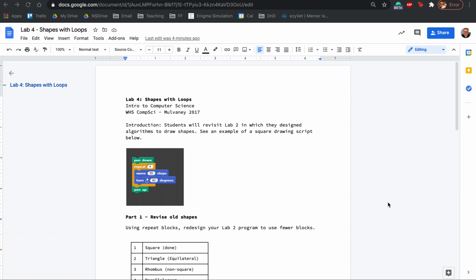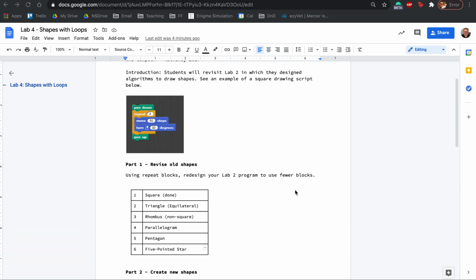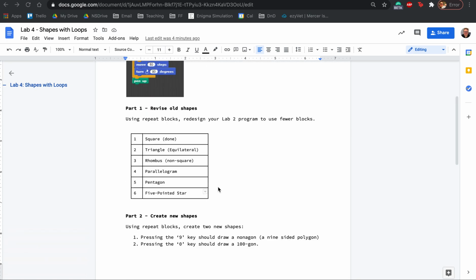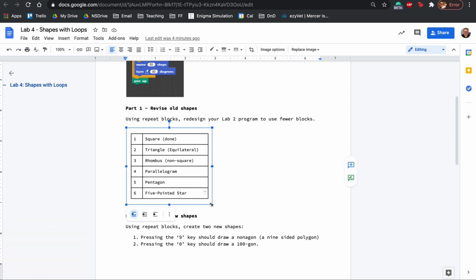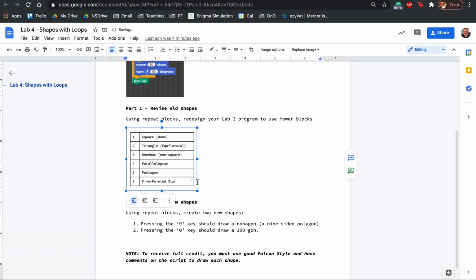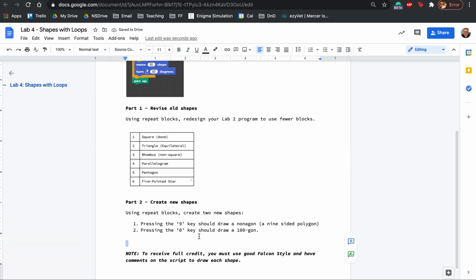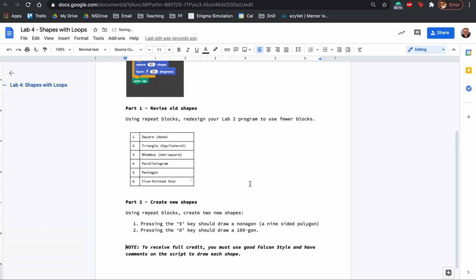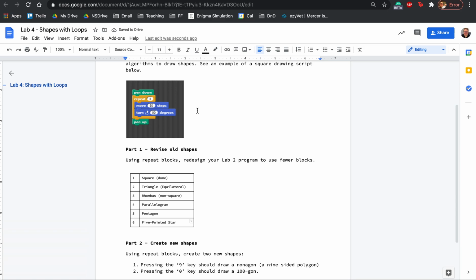All right, welcome to our next video on programming in Snap. This is the Lab 4 video. You'll notice it's going to look an awful lot like Lab 2. The idea is in Lab 2, we used movement and pen tools to draw a bunch of shapes on the screen. And we're going to do the same thing here, but we're going to introduce a powerful new concept in